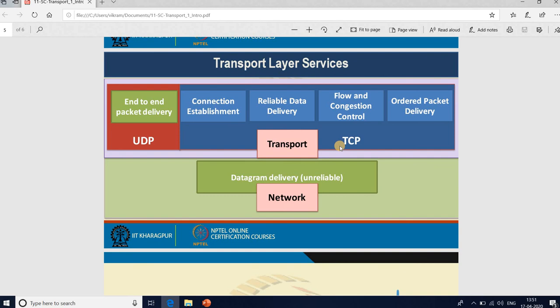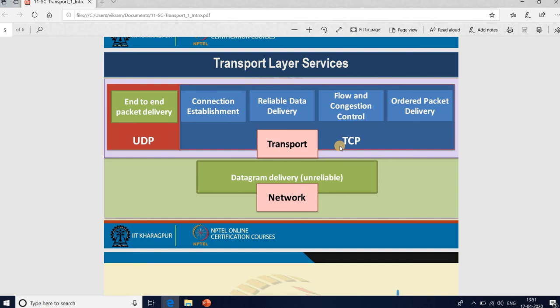Whenever a packet gets dropped, the packet is lost during the end-to-end delivery by the network layer. So we can say that the network layer provides a datagram delivery, but this datagram delivery is unreliable.